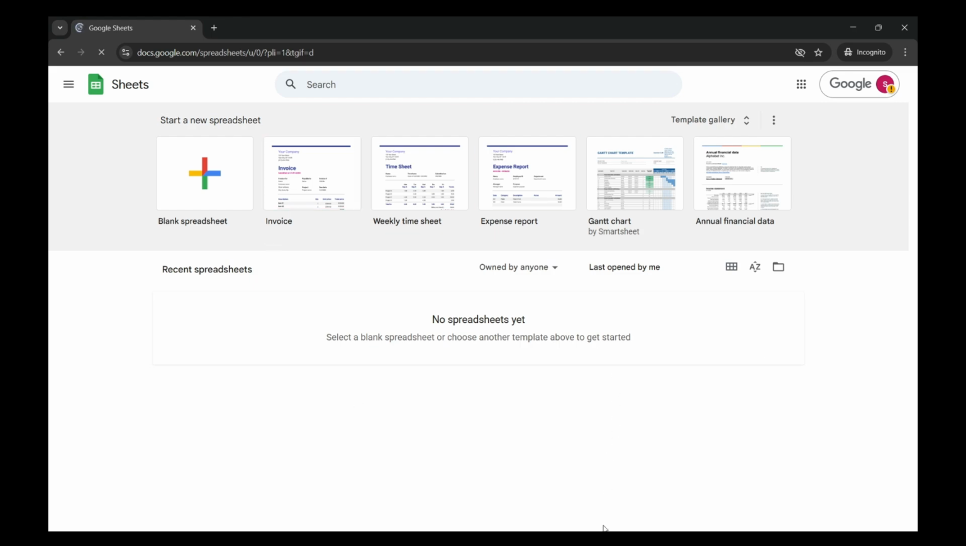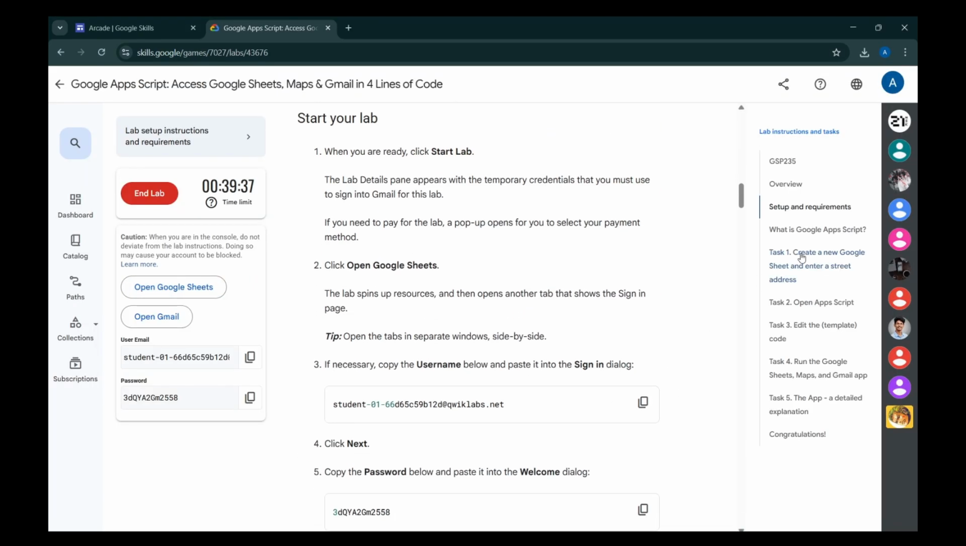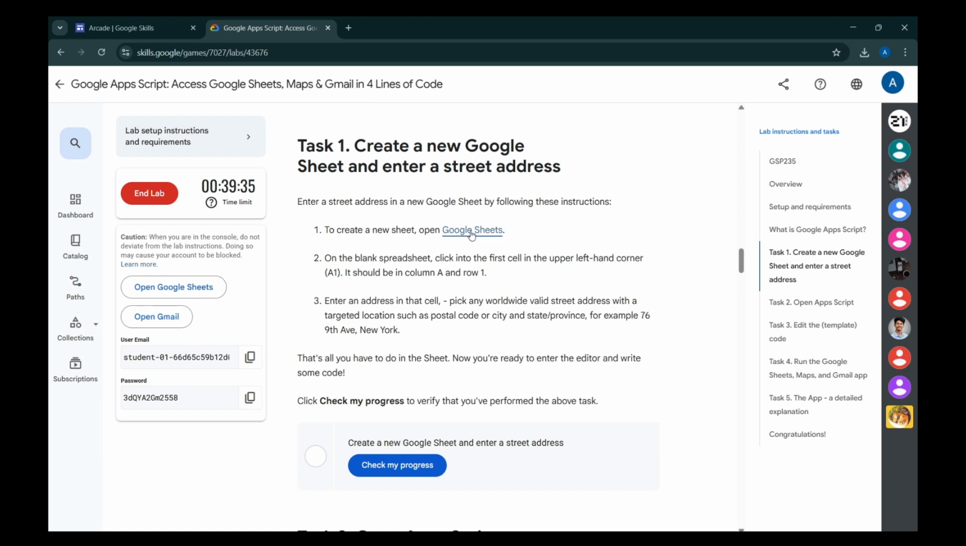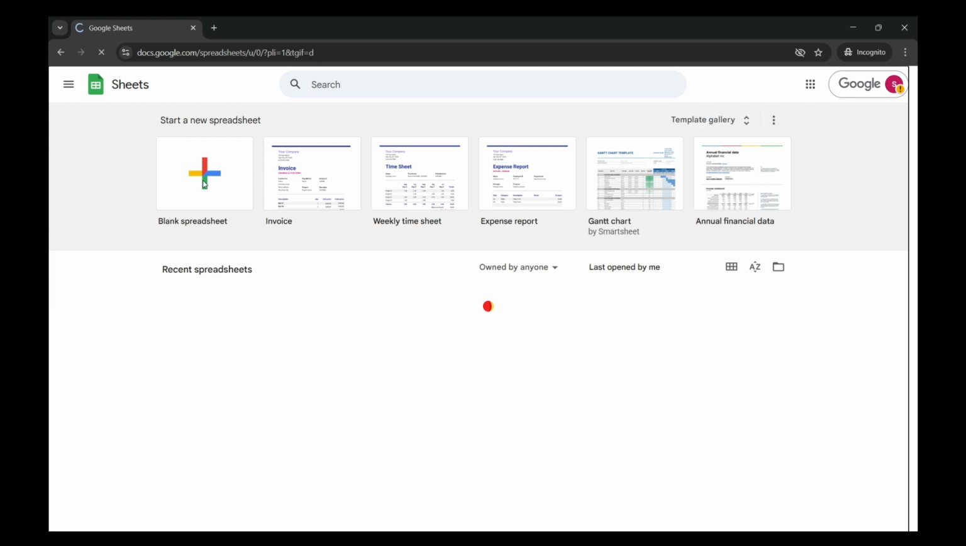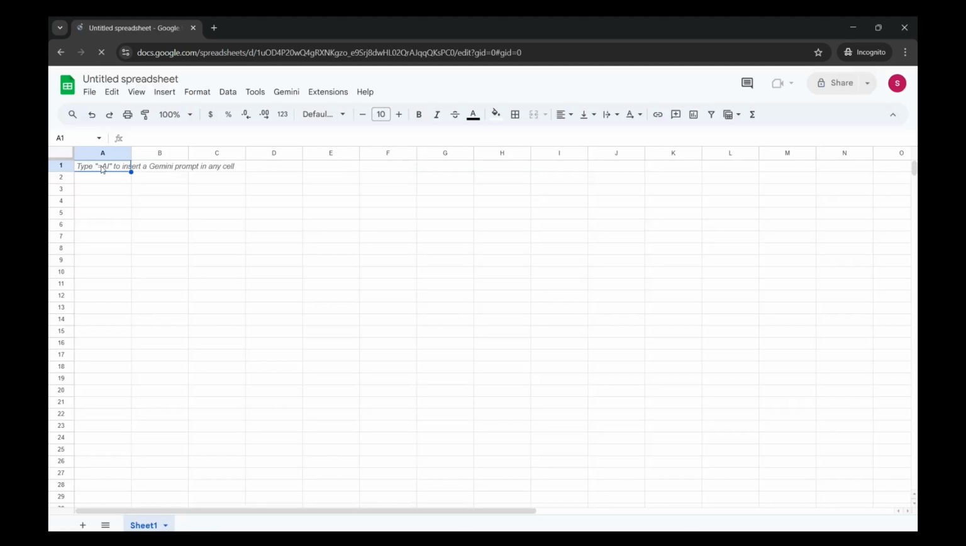हमारे पास स्प्रेडशीट यहाँ पे ओपन हो चुकी है, तो हमें यहाँ पे वापस जाना है ऑन टू द टास्क वन। हमें सबसे पहले A1 में जाकर कोई भी स्ट्रीट एड्रेस डाल देना। फॉर एग्जाम्पल 76 9th एवेन्यू न्यूयॉर्क। मैं इसी को कॉपी करके वहाँ पेस्ट करने वाला हूँ। तो ब्लैंक स्प्रेडशीट पे हमें क्लिक करना है। ये रहा A1।